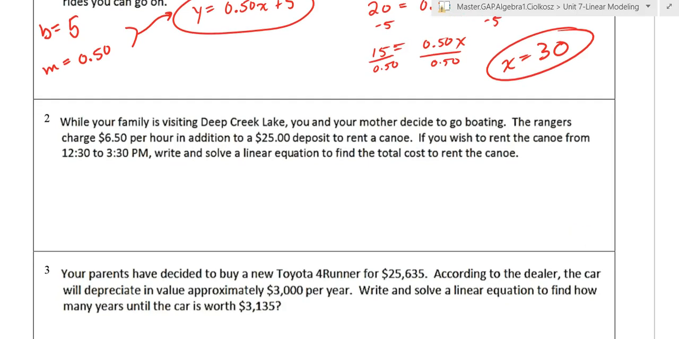Take a second and read through number 2. Okay, so, second sentence. The ranger charged $6.50 per hour. So I see the word per, I know that's my m. And then a $25 deposit. That's a one-time cost. So our equation,